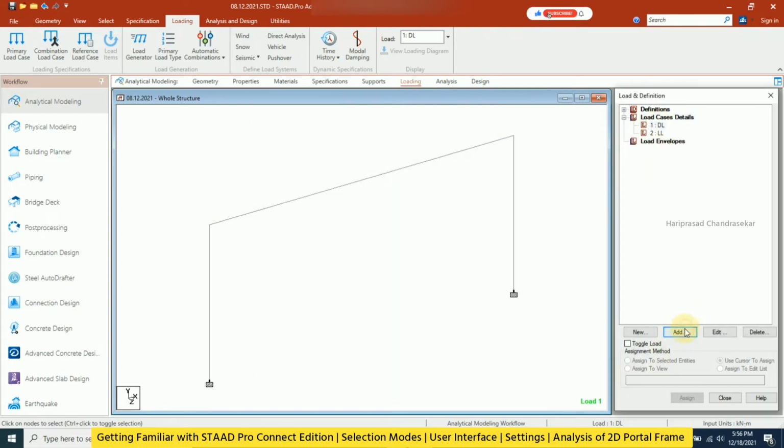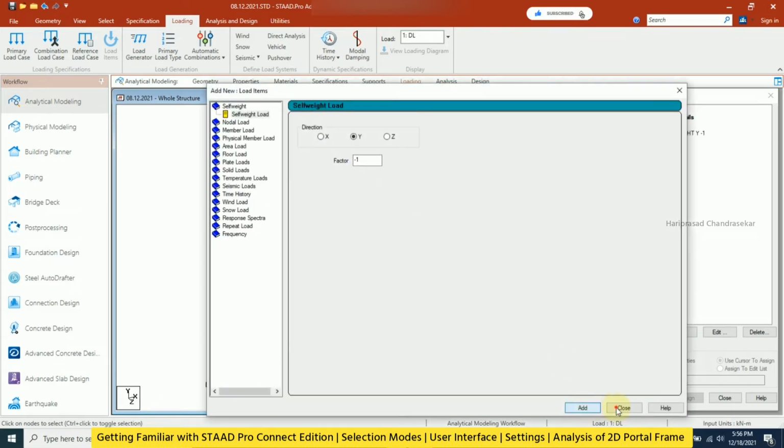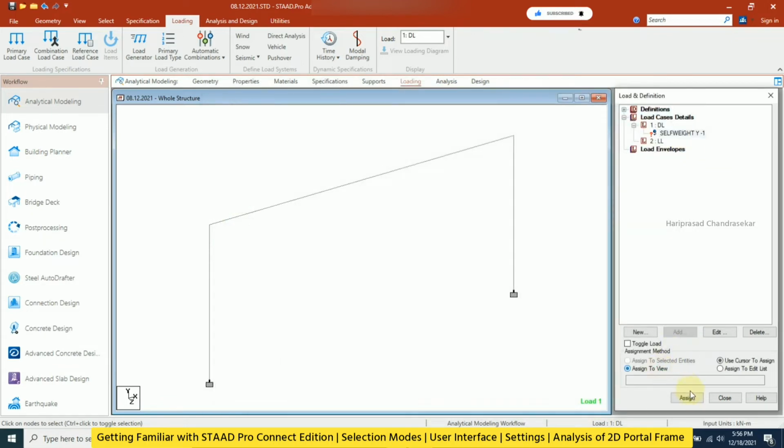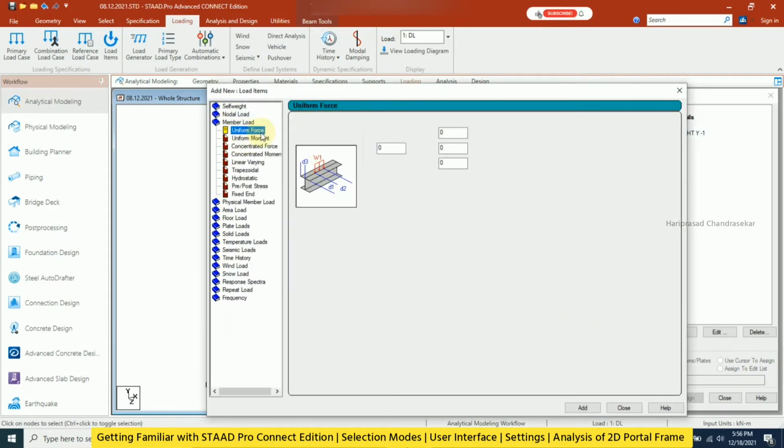In dead load, I will add only the self weight and I will assign to the view. In live load, I will go for a member load. Here I will go for concentrated force. I will put minus 3.5 and then add.